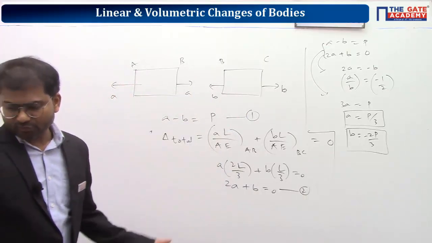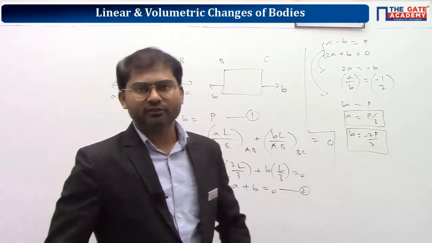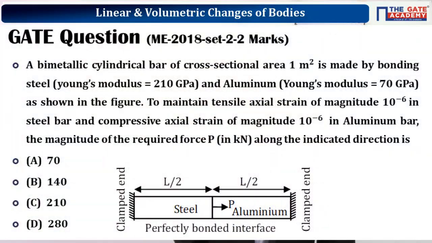Clear? So whatever you learned, you apply in the next question, which was a GATE 2018 question, mechanical engineering paper, and get the answer. It can cause a little confusion, but strictly speaking, if you just go with the method without getting confused, you can get the correct answer. Try from your side, everyone.